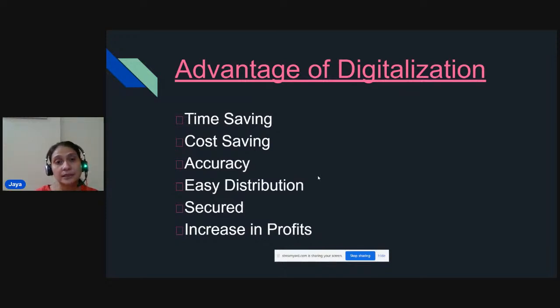Here it gives accuracy. The efficiency of accuracy is really important. Easy distribution: if you want to distribute information about your product or your brand, you can do it on social media, where it is really easy and you can reach a lot of people. But in a traditional method, it is not possible because you have to print flyers and go house to house to give that information about your brand and product. But in today's world, with a digital tool, you can do it on social media pages where you reach more and more people and they will come to know about your brand, product, or company.